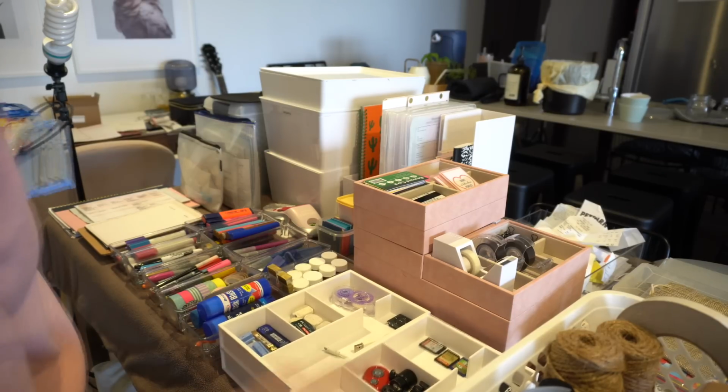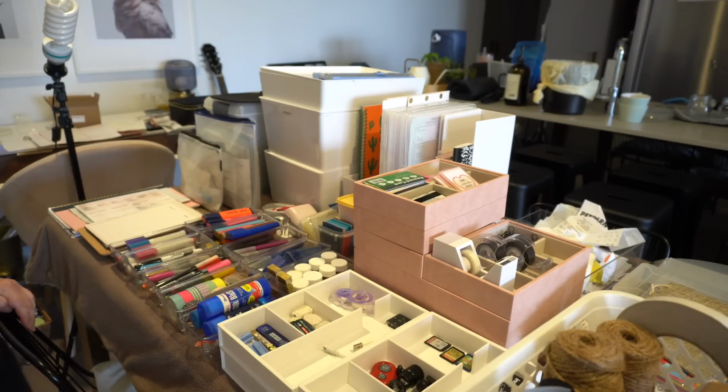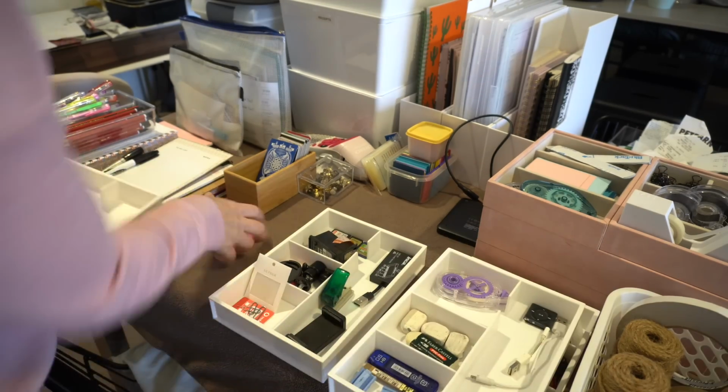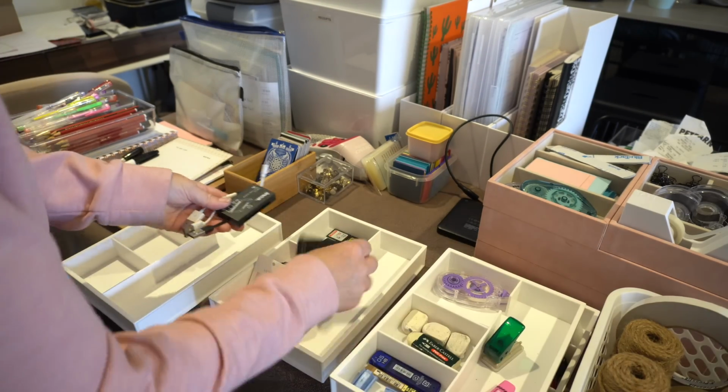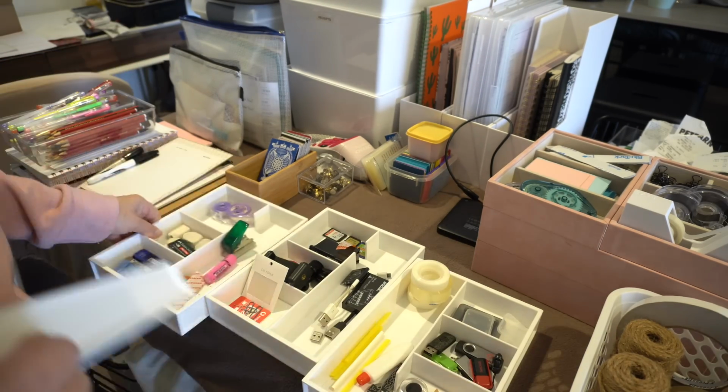Some of it is stashed in that white cabinet that you can see. I've got stuff in my desk drawers, obviously. The kids have got some stuff in their bedroom, and I even had a box of assorted arts and craft supplies in my bedroom. I wanted to get it all together in the one place